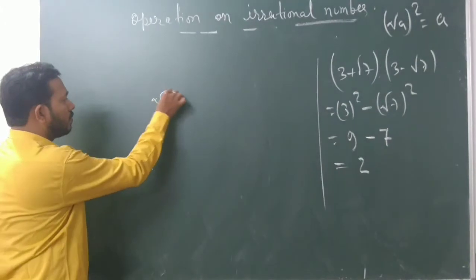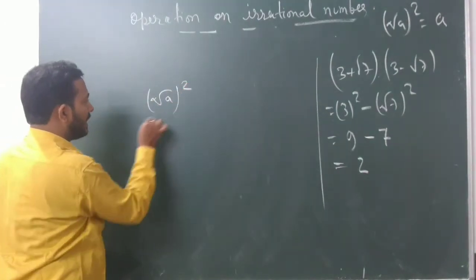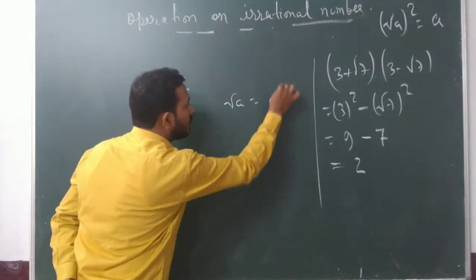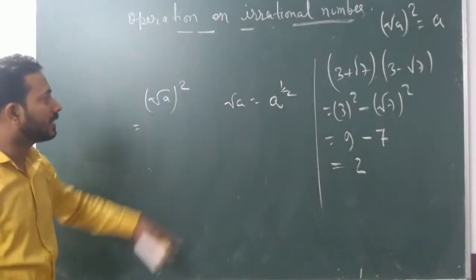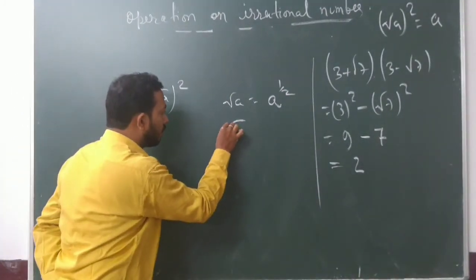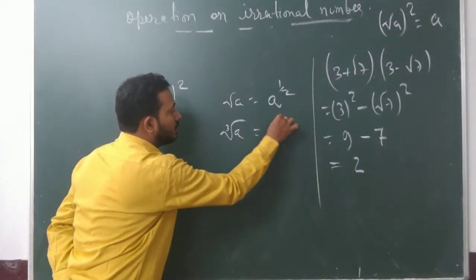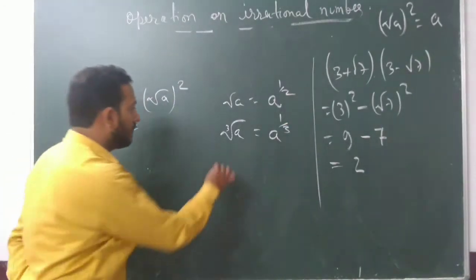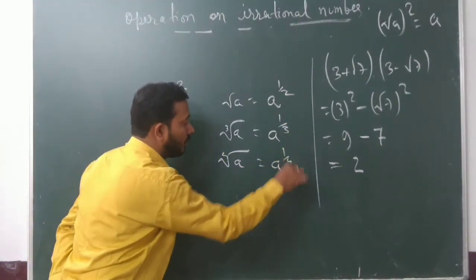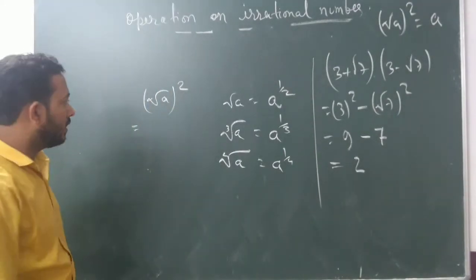If we take root a whole square, root a means a to the power half. If nothing is written, that means half. If it is cube root of a, then we write a to the power 1 by 3. If it is fourth root of a, we write a to the power 1 by 4. So here,